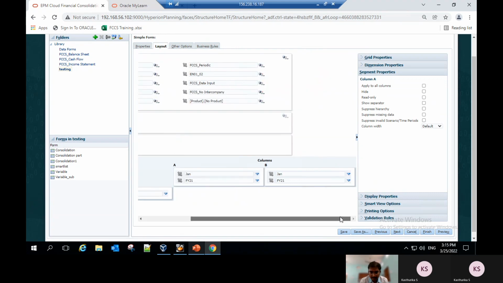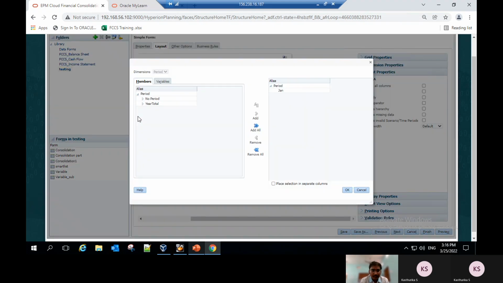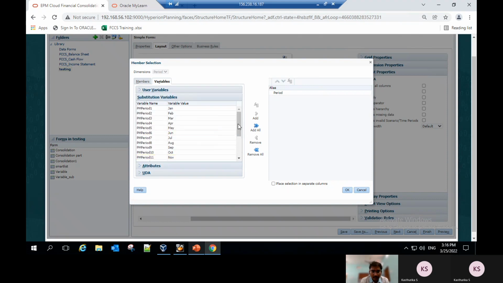Here I have added. First of all, I have to show the difference between substitution variable and hard code. Hard code is nothing but what we are entering manually. Here we have to give the substitution variables. You have to select the variables, because of selecting the option substitution variable. There in the variable option, in the way what we selected, created